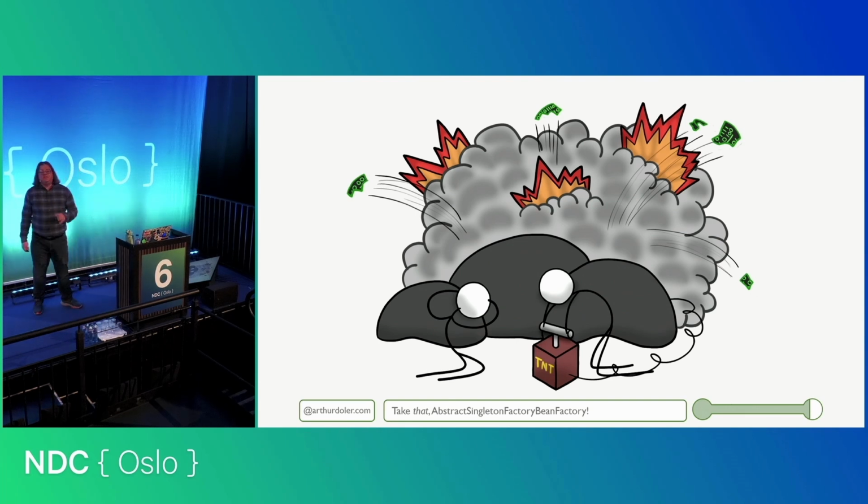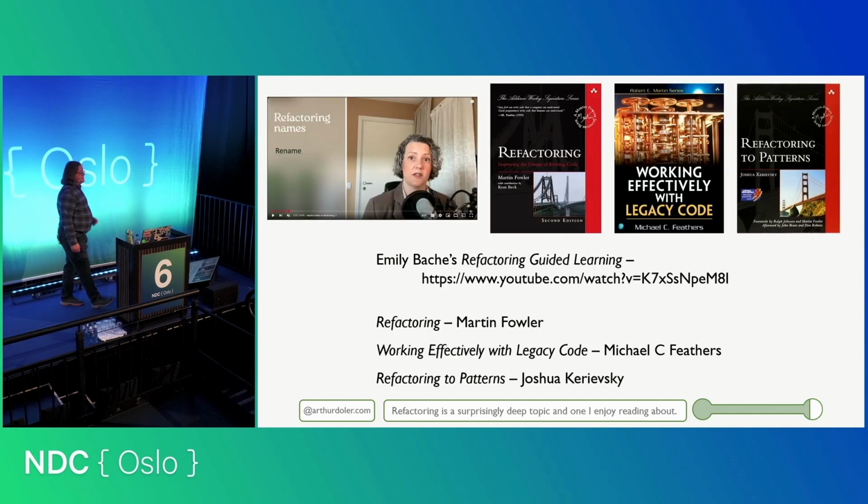If you decide to simply refactor and go forward with the code, these are a bunch of resources for it. You can either grab a picture now, or the bit.ly will have a link to my speaker deck, and that has a full list of all the resources I mentioned in this talk. But Emily Bache's talk on refactoring guided learning is very good. I haven't read Refactoring to Patterns yet. I've read the other two. And despite the fact that Refactoring by Martin Fowler is the book that coined the term refactoring, it's still very good on this process.